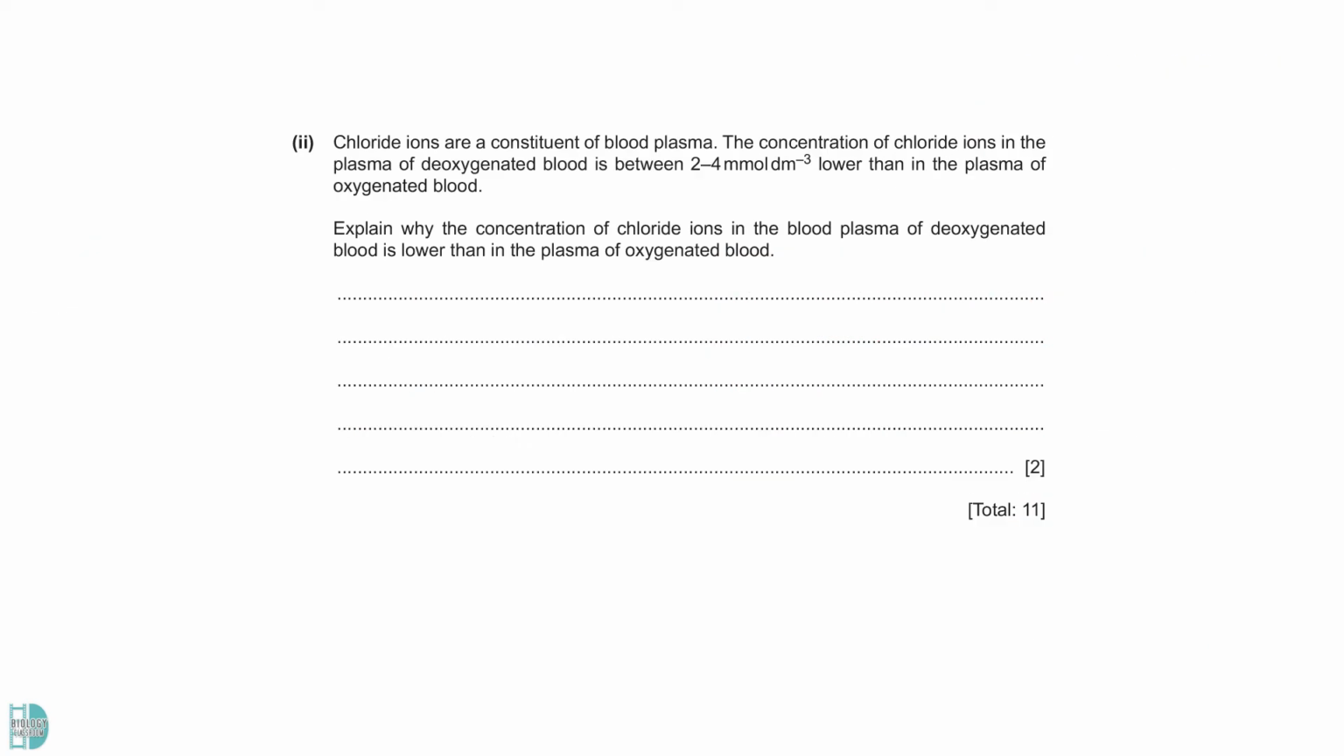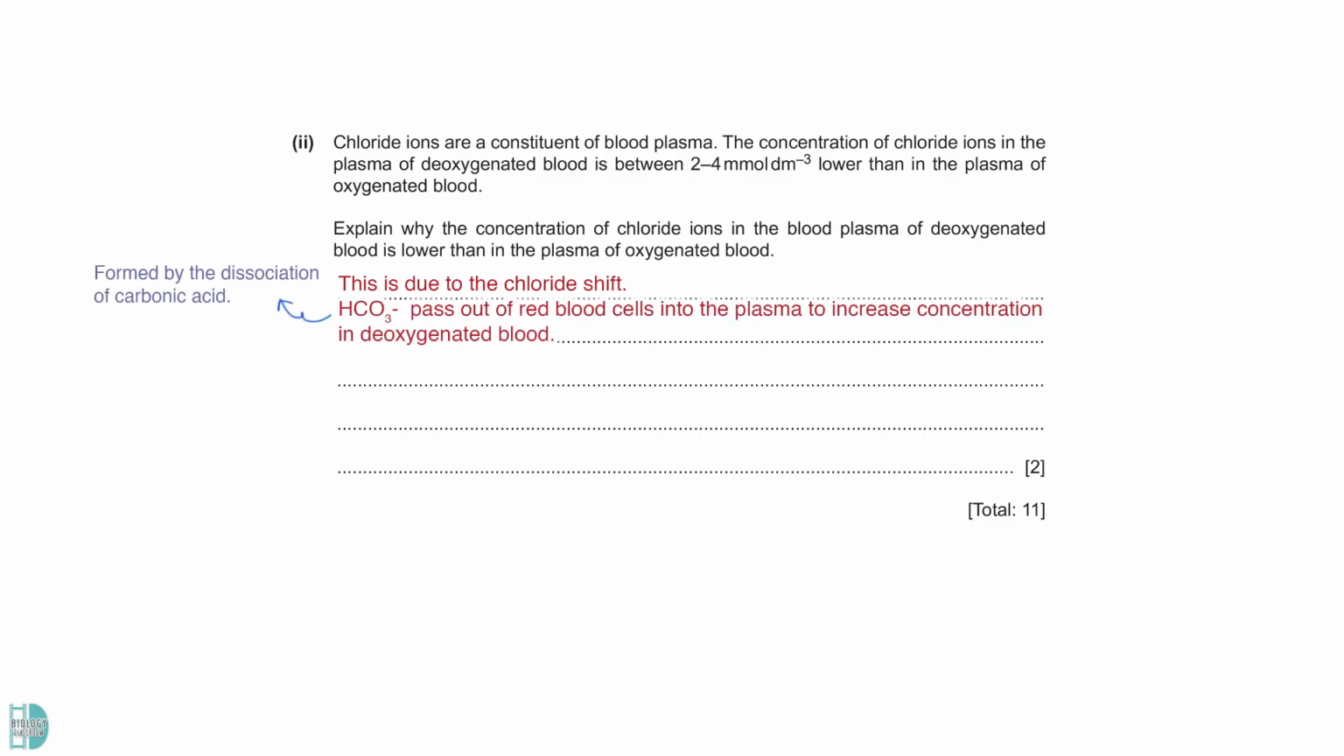C2. Explain why the concentration of chloride ions in the blood plasma of deoxygenated blood is lower than in the blood plasma of oxygenated blood. This is due to the chloride shift. In the diagram we have on the previous page, hydrogen carbonate ions move out of red blood cells following the dissociation of carbonic acid. Chloride ions in the